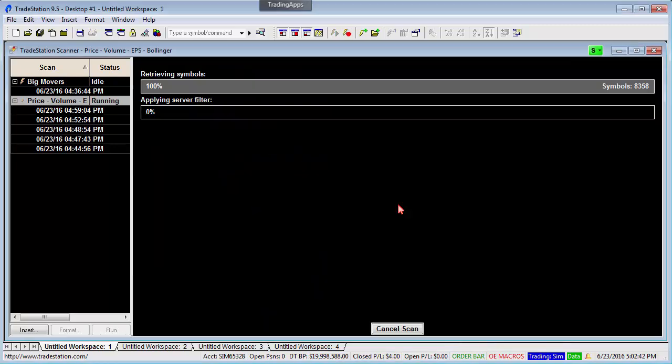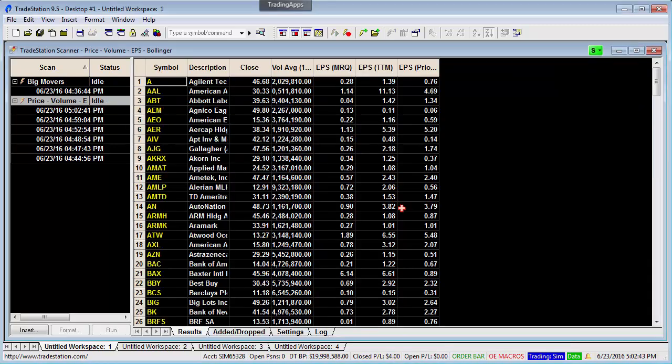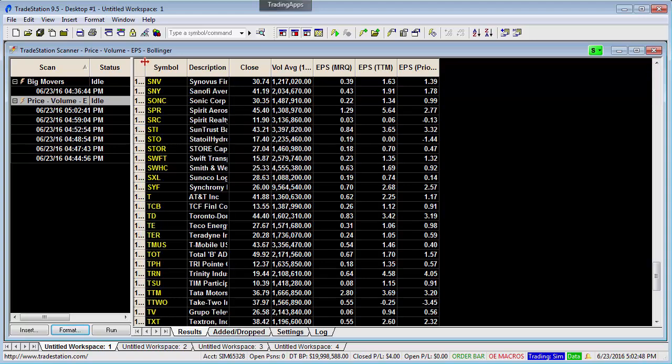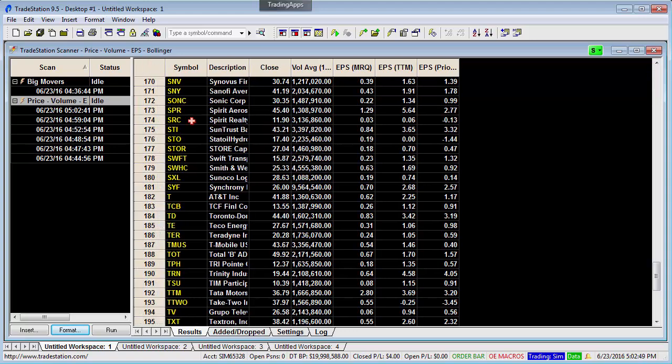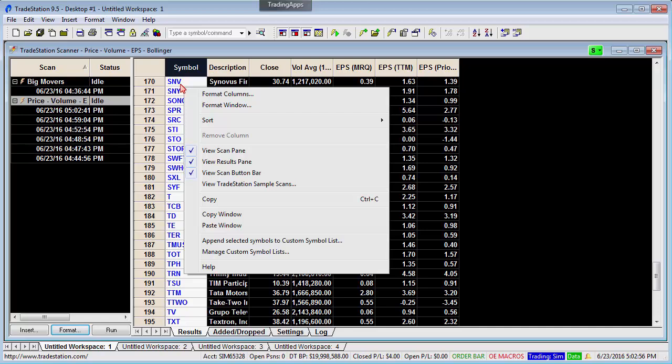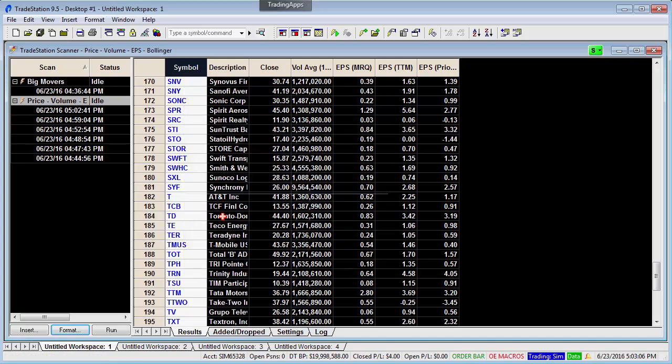I'm going to run this. All right, that's going to give me a total of 217 symbols. They're right here in the results pane. What you can do is highlight the whole symbol column by clicking on the header, right-click on the highlight, and go to Append Selected Symbols to Custom Symbol List. Of course, you can copy. Copying and pasting is great because I can just copy here,